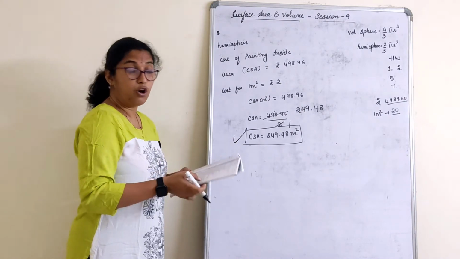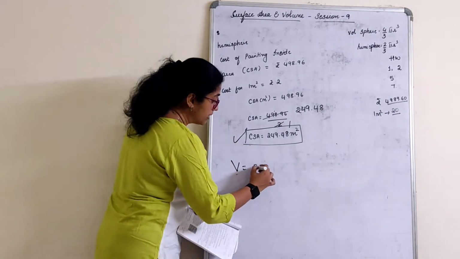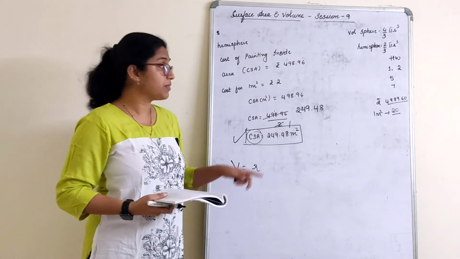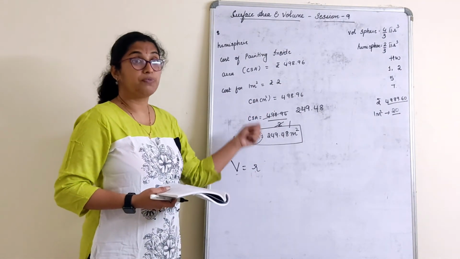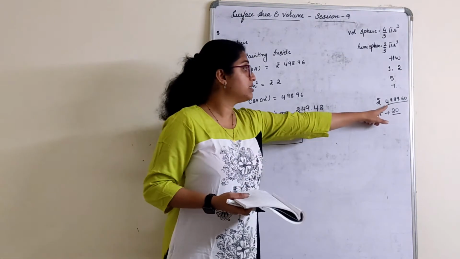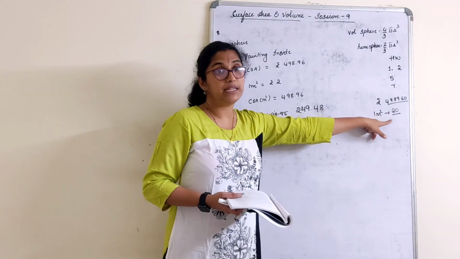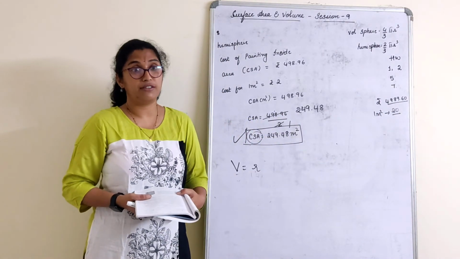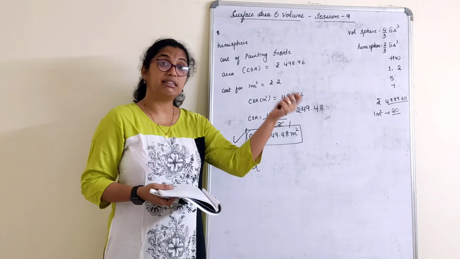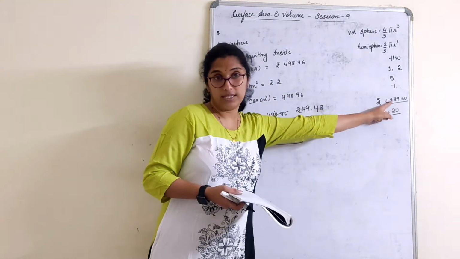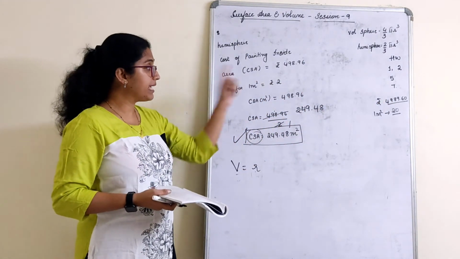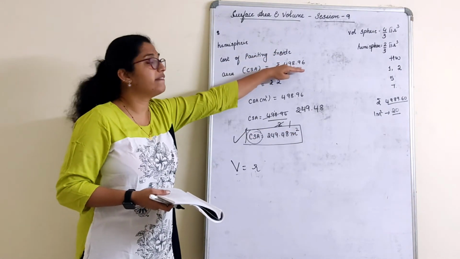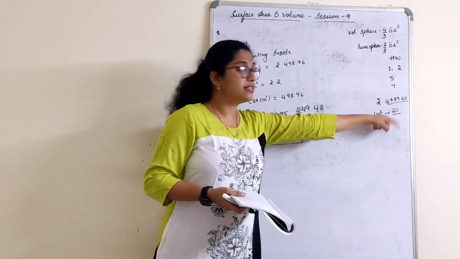Now I have to find volume. To find volume, I require radius. Using CSA, I can find the radius, same like the previous sum. Sticking to this question. In case if in your book this amount is there, children, with 20 rupees per meter square, stick to this and do it. Of course, your answer also will be different, right? But when you check the answer at the back, your answer will be with respect to this. Make that as a point. So I will be making it very clear. Anybody having a book whose numericals are given in this form, go with it, or else go with this.